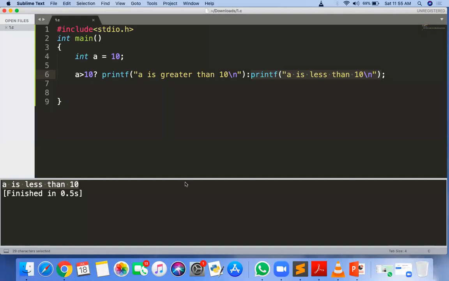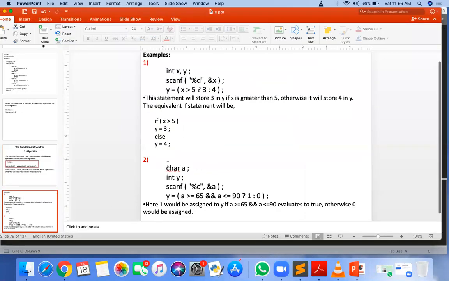Yes, so sir, actually what I want to say is that instead of writing 0, 1 or any expression, we can put the printf statement also. So no need to assign here. If you are assigning it, then whatever the result of this printf will get stored into this. Okay, so getting this point? Yes, sir. Okay, so if you are getting it, then tell me what is the output of this program. First one.